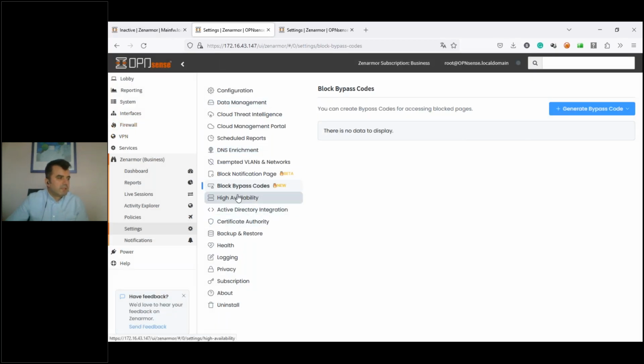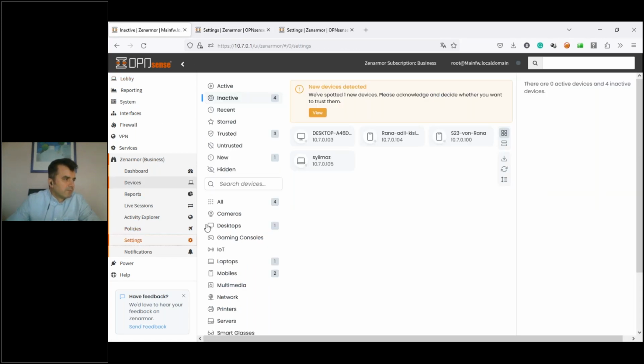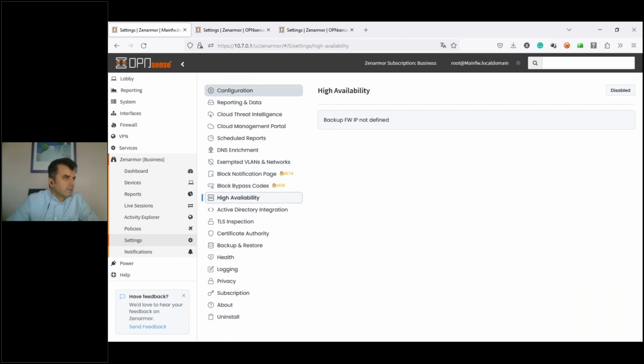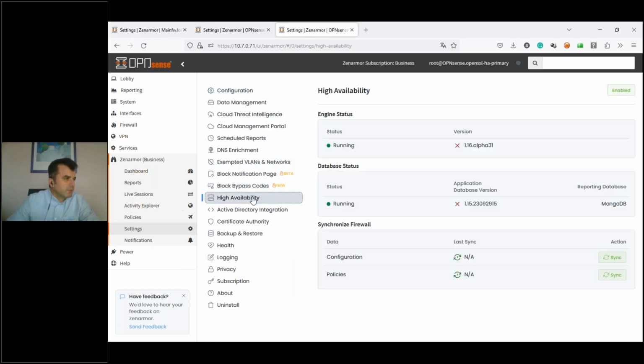High availability: if you configured high availability features in the OpenSense, ZenArmor reads this configuration. I have an HA configured machine here. ZenArmor can synchronize its configuration and policies to the passive device.